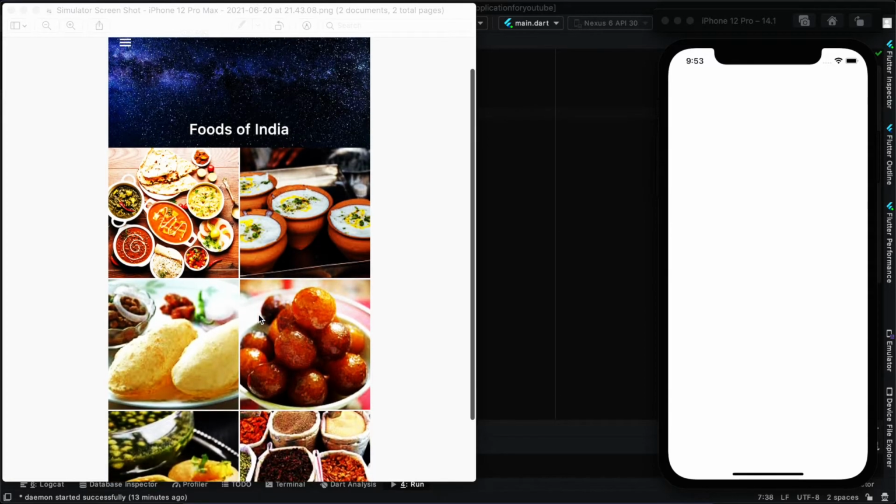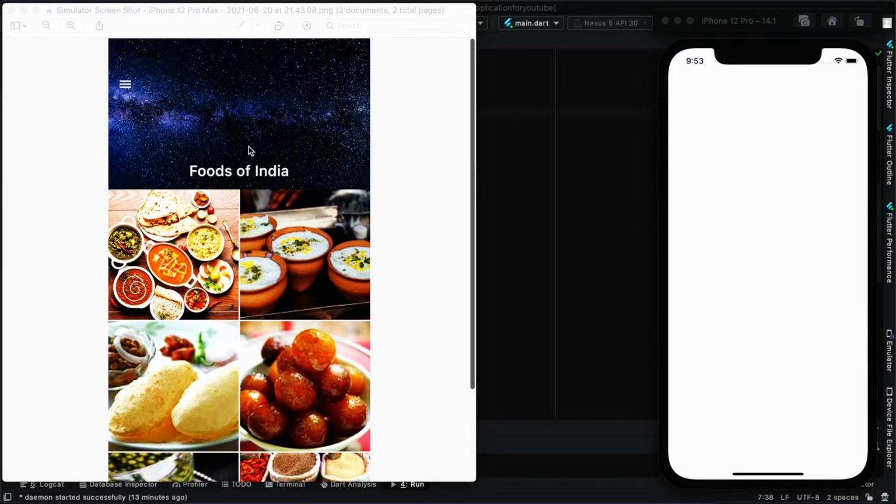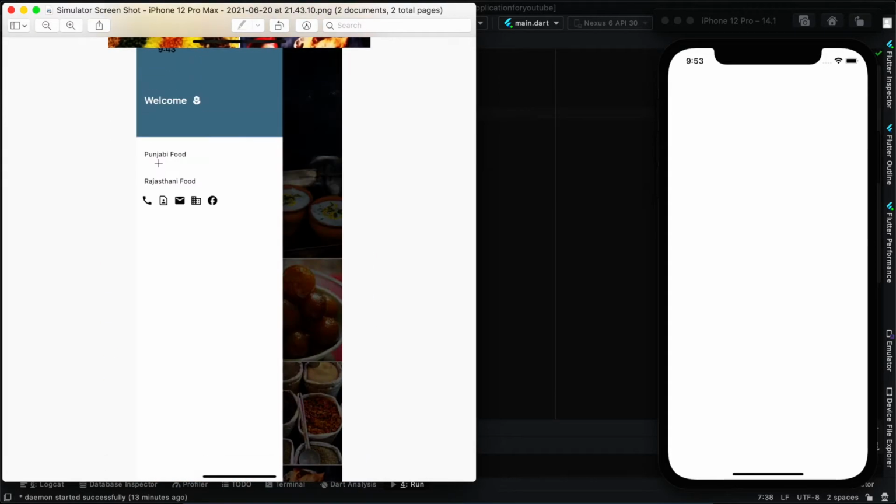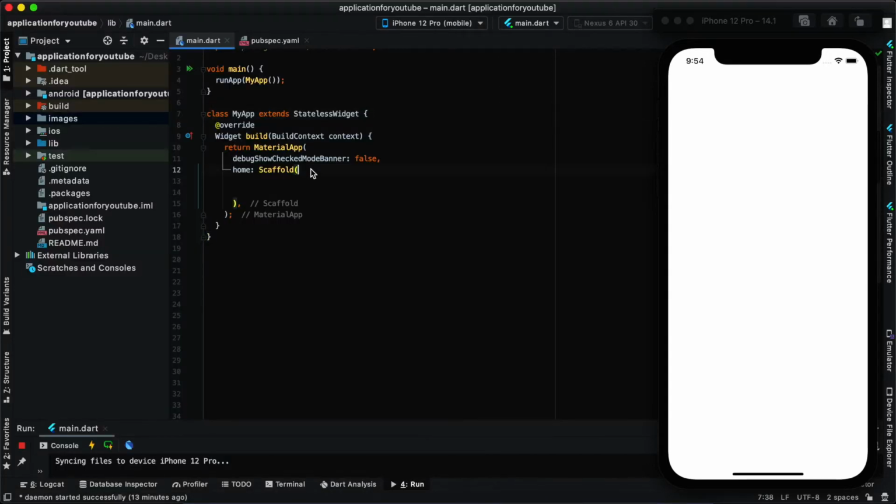This is your scrollable view, and then we have the other screen, which is your next screen. This will be your navigation header, and then this is your list item, and we have certain icons over here. Okay, so let's get started today.